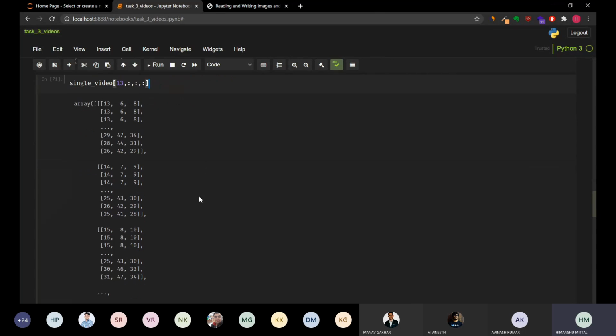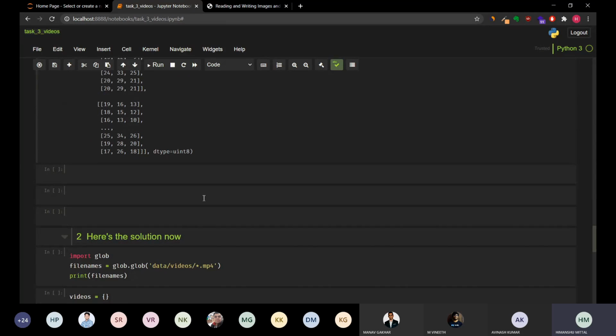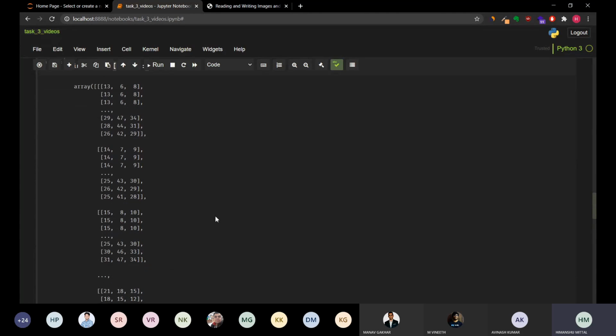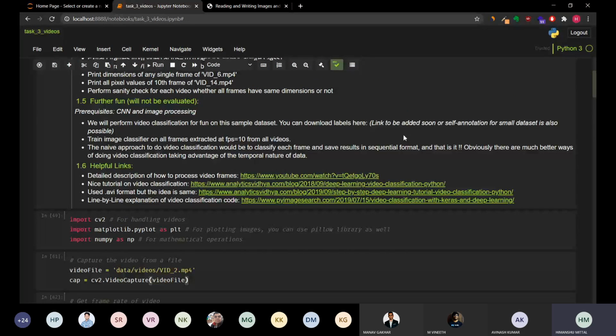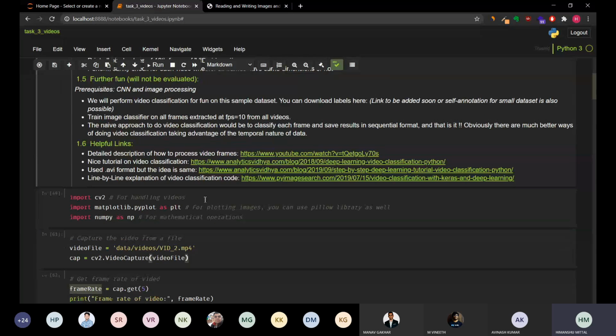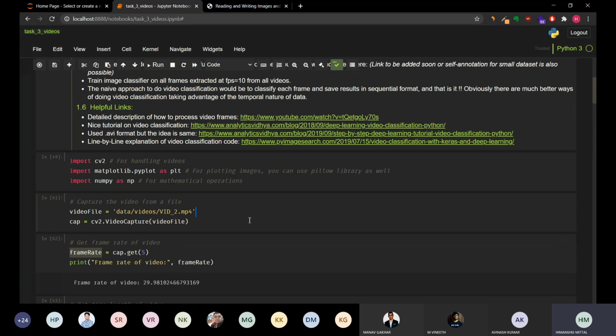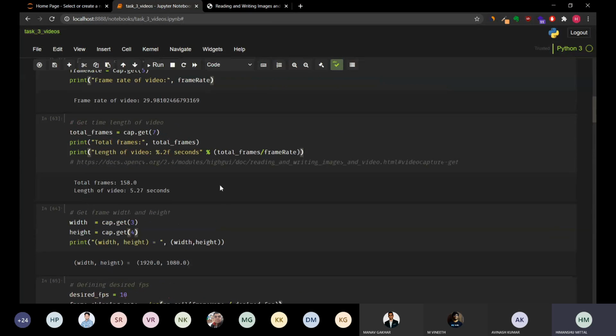So these are the pixel values simply. This is the array, and you print the pixel values. So this is how it is. And as the task says, you have to perform this for video 6, video 14, and you can change it here and print different things for each one of them. But I'll also show a different way of doing things, how to load all the dataset at once.